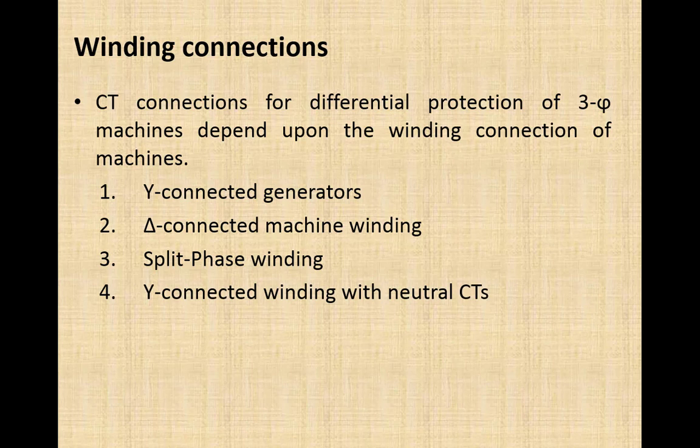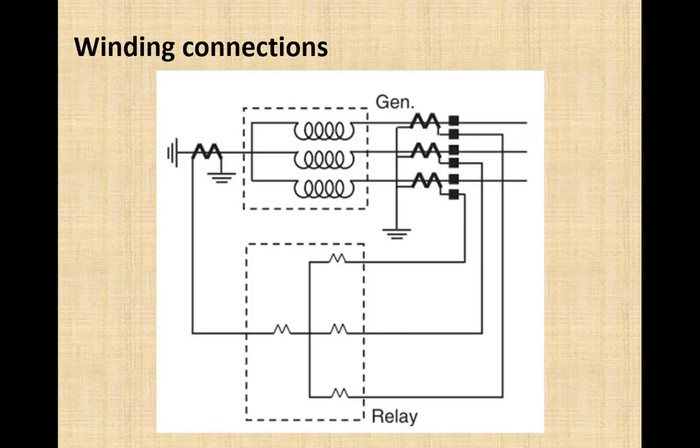Then the wye connected winding with the neutral CT. In this configuration, there was no provision to add CTs over here at this point, meaning the neutral was connected inside the machine. As you can see here, that is within that dotted end, and it was not accessible to insert these CTs. Now if we want to apply the differential, that differential will only be for ground fault, and this is how that differential will be connected.